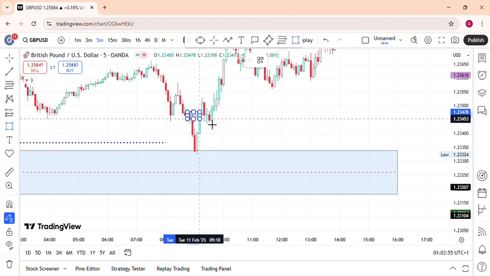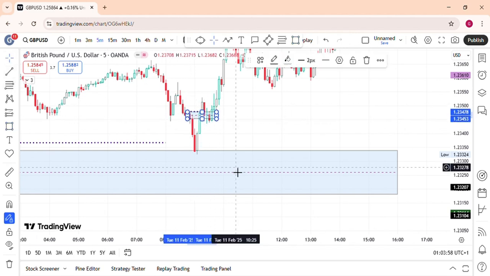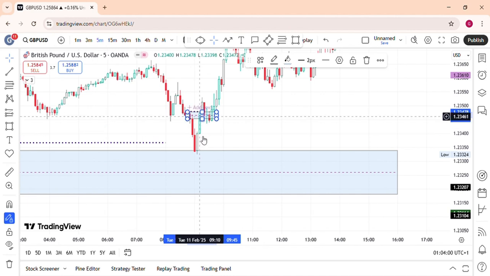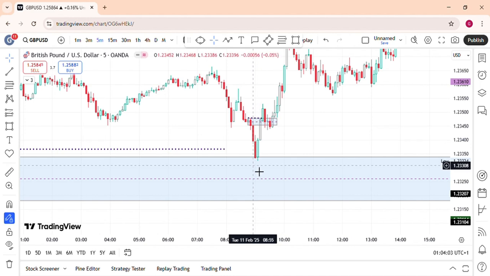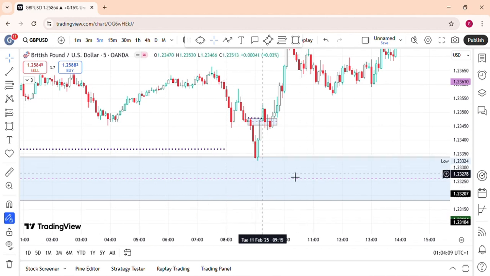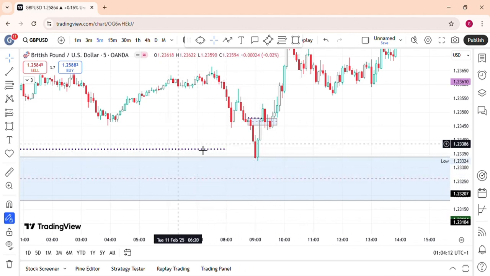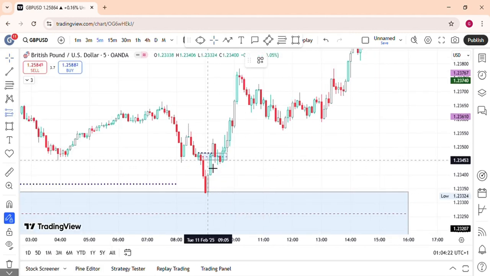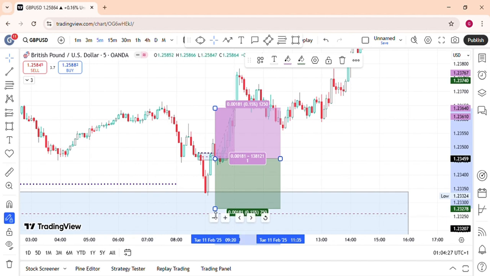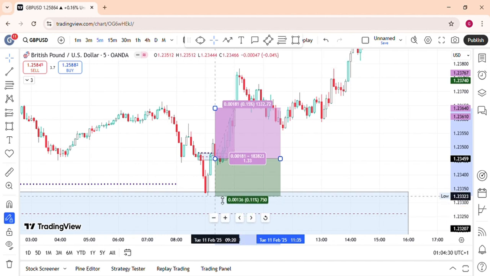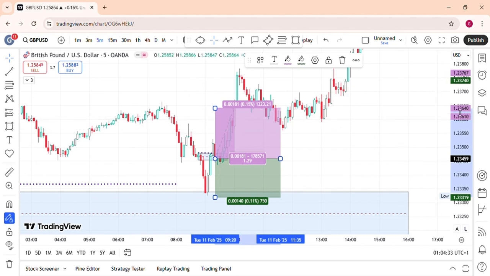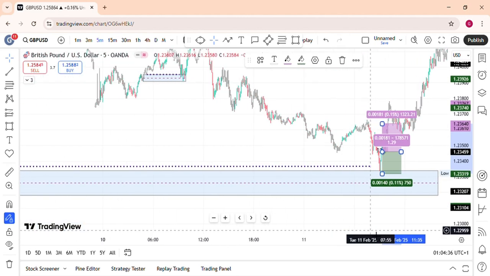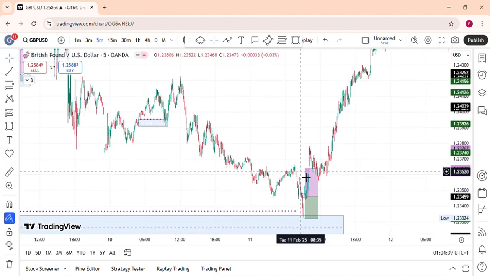So you can see how powerful any fair value gap would be around here. So this fair value gap was going to be strong because prior to being created, there was a fair value gap that it tapped into and also a previous low that was taken here. So let's look at where the market is heading to. So looking at this fair value gap, you put your entry here and your stop loss right below the candle that created that fair value gap, and your take profit is right above